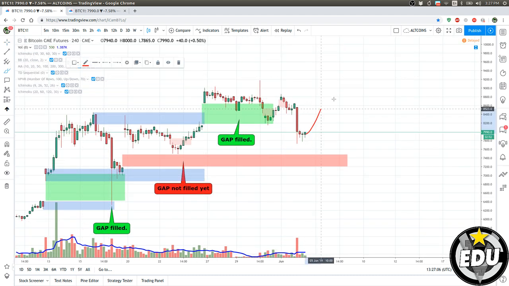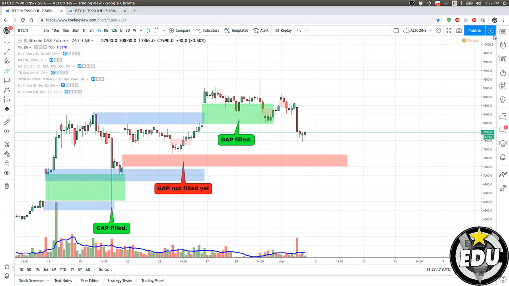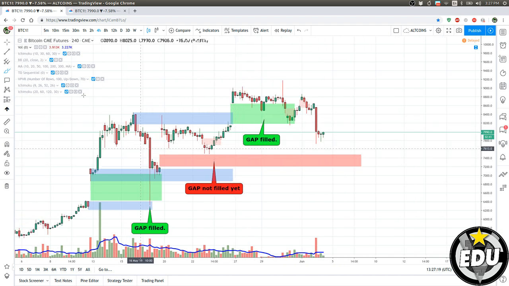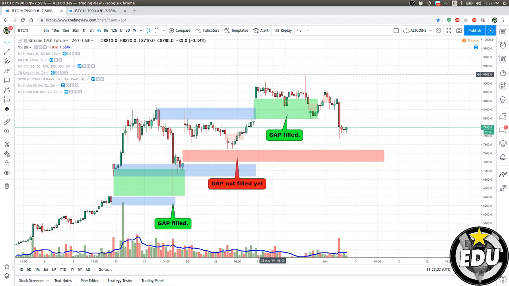The question is, will we go another leg and then drop more, or are we already dropping? That's what I'm trying to figure out, and that won't be easy because first of all, the market is super manipulated, so we really don't know what the whales are up to, because most of the time if we predict the dump, they make the coin pump. So it goes in the opposite direction.